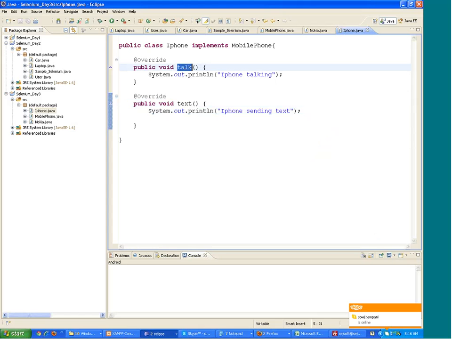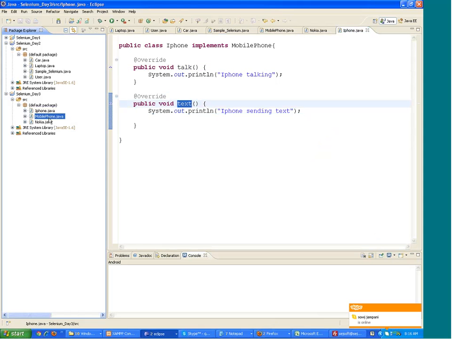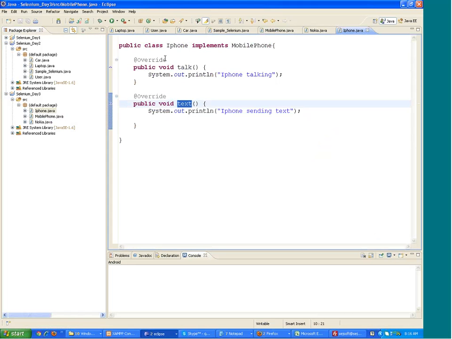You have the same function names in Nokia as well as iPhone. The function names will remain the same. Even if tomorrow a new class,